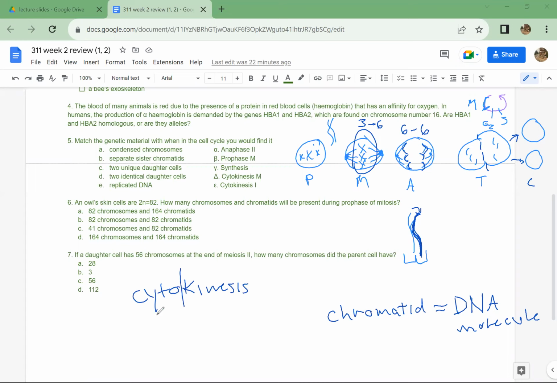But if we break it down, cyto means cell, and kino, like kinetic energy, is all about movement. So cytokinesis is when cells move apart from each other. And they are now two independent, but still identical daughter cells